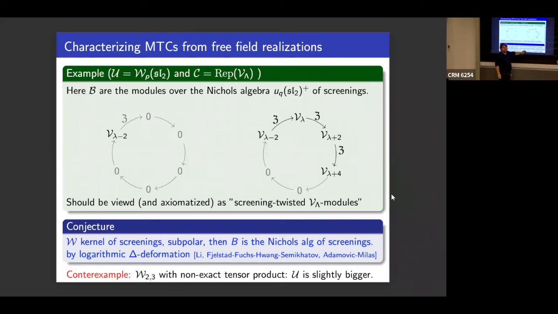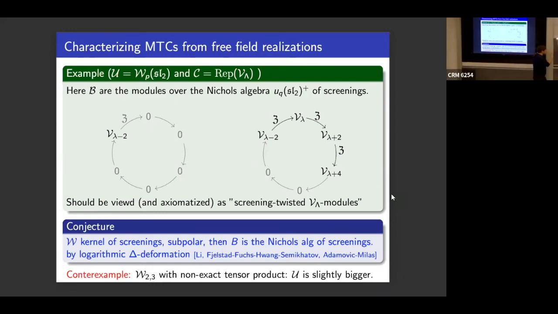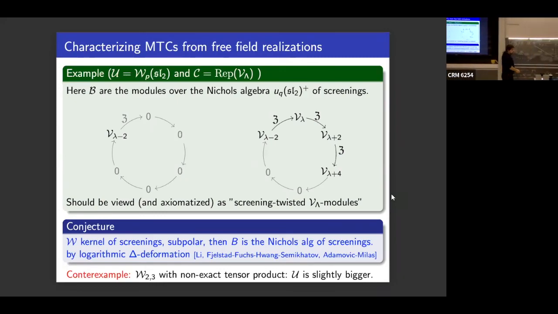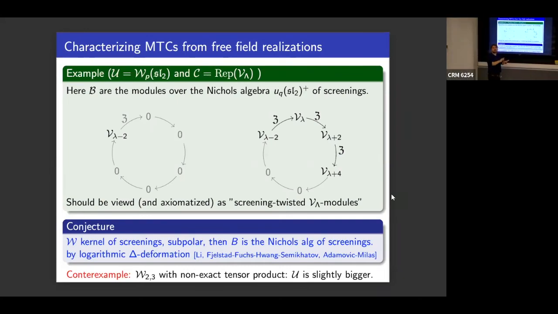have written down how you get the logarithmic twisted modules, the logarithmic modules over the triplet. What they did was take lattice modules, glue them together, and then twist the action, this delta deformation I mentioned. So they get projective modules over the triplet. But you can still view them as modules over the lattice VOA, but then they are twisted. So if you keep the full structure, this construction exactly outputs these modules. So that's what you should do.